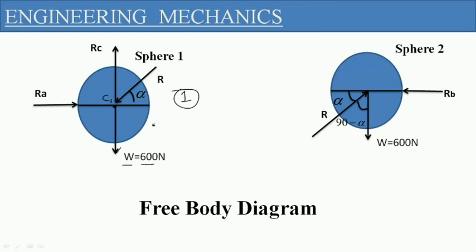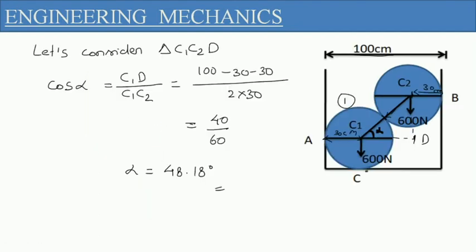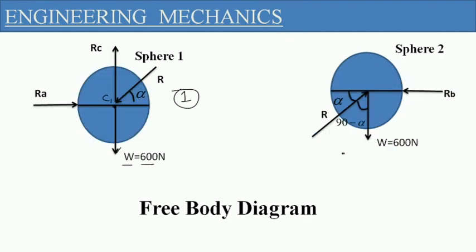Now after that, because we don't have any other body, we need to define the contact points, or the reactions at the contact points. So here the first contact point is this. The sphere is having contact with the horizontal surface at point C. So the reaction at this particular point will act in vertically upward direction. So this is RC, acting in vertically upward direction.